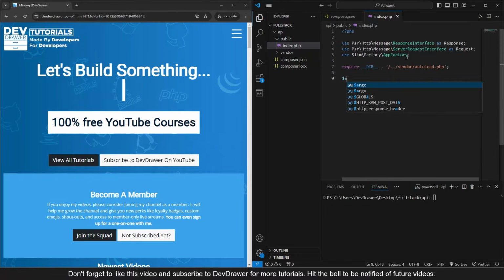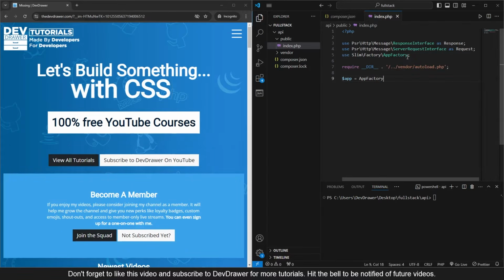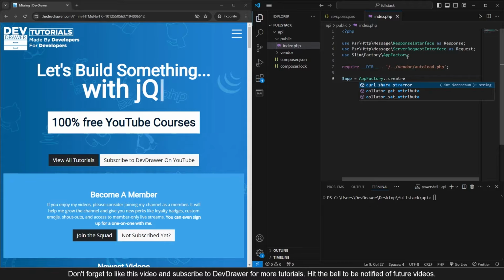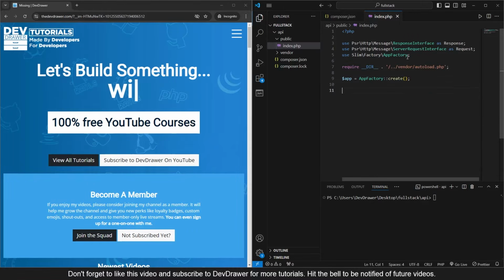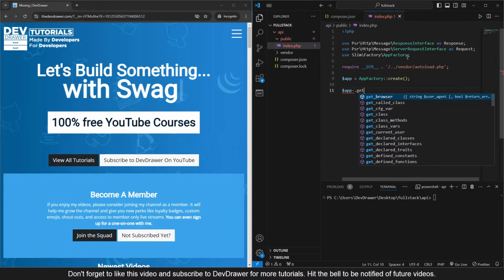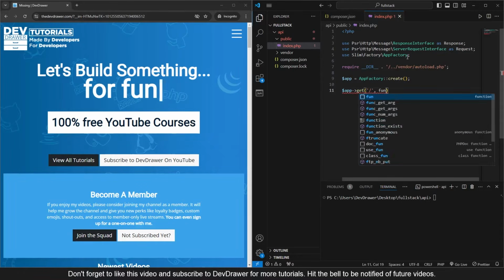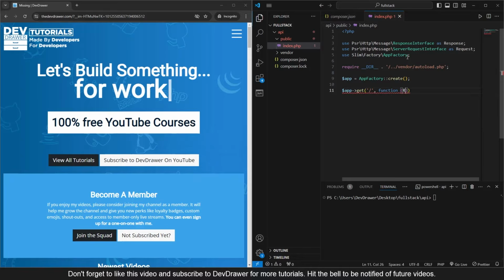All right, so first let's create our app. And this is going to be AppFactory::create. And then inside of this, let's just create our first route. So we're going to do $app->get, and then this is just going to be the regular endpoint URL. All right, so let's do function, and we're going to pass in